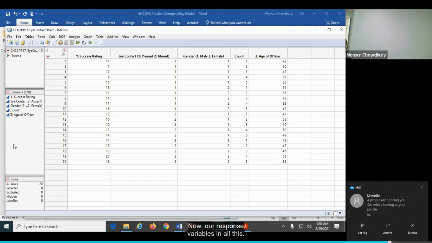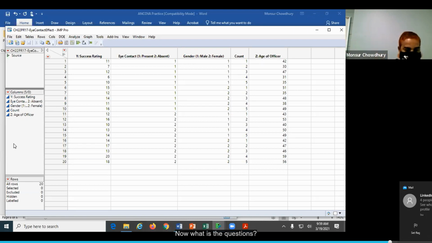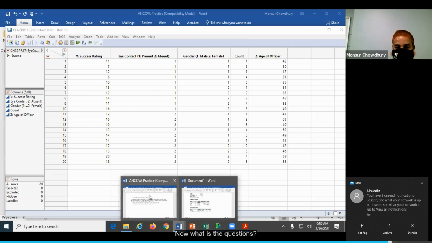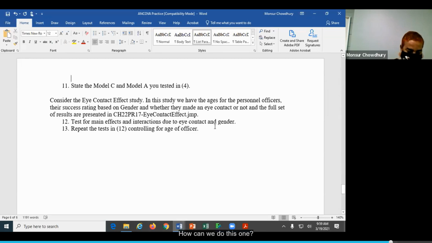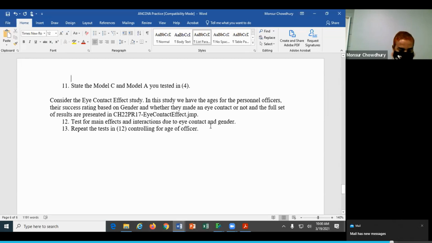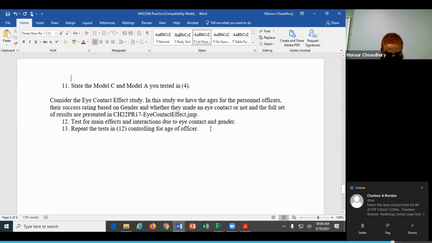Now our response variable, we know this. Now what is the question? I ask you, test the main effects and the interaction effect due to the eye contact and the gender. How can we do this one? Can anyone tell me?